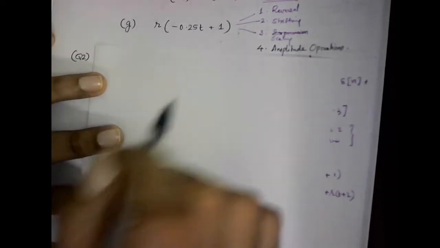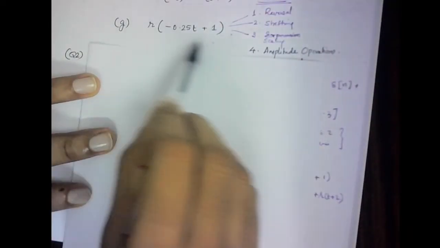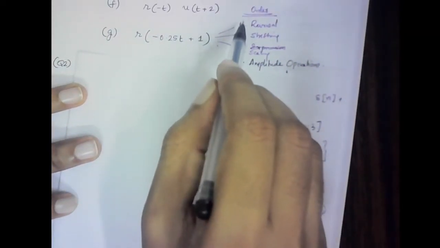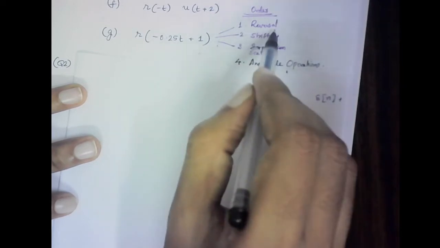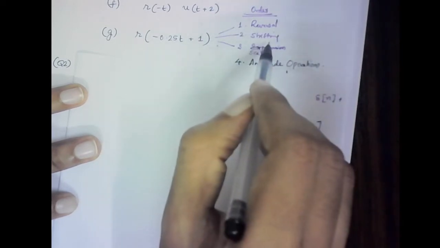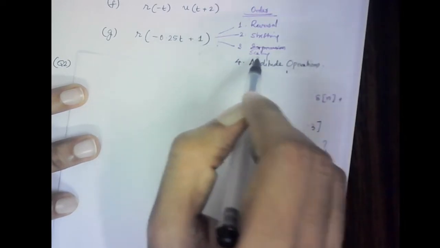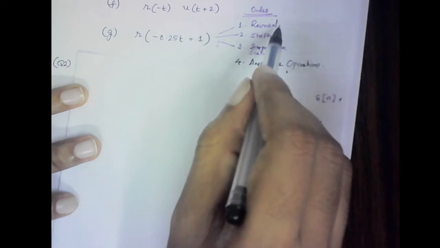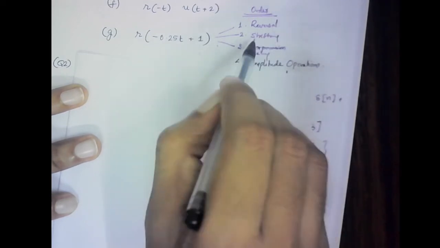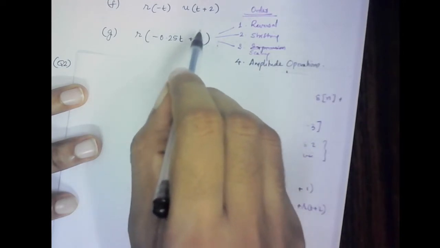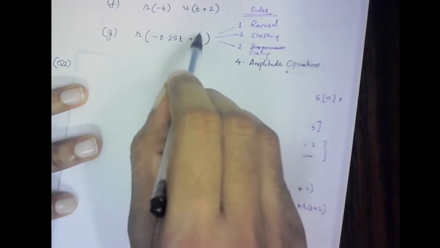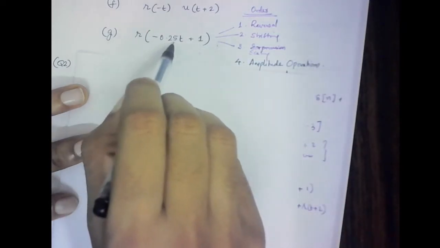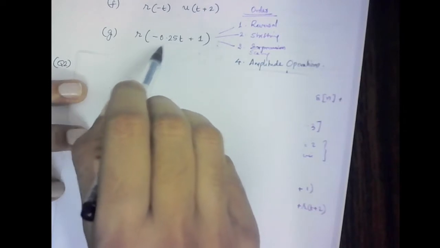Okay, so I was explaining how to do this particular problem by one method. The other method is you can follow this order of doing the operations. First you need to do the time reversal, then the time shifting, then the time scaling. Here the reversal operation is basically time reversing the ramp signal, then shifting to the right by one instant because you are shifting a time-reversed signal. Then you have the time scaling. Here it is an expansion because the time scaling value is less than 1.